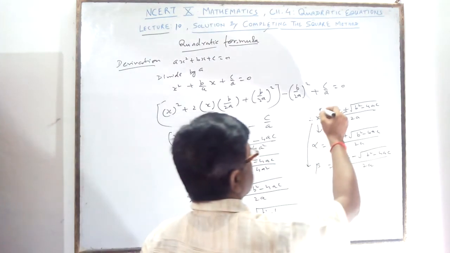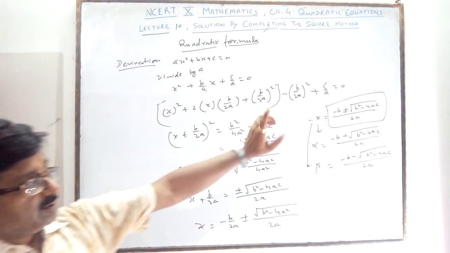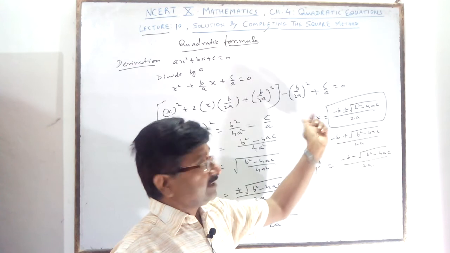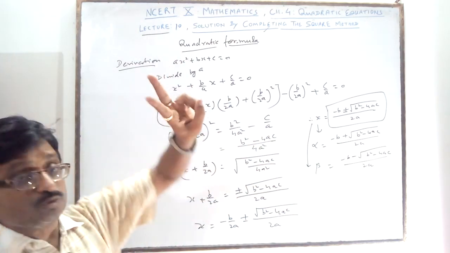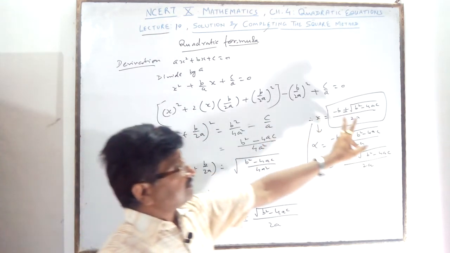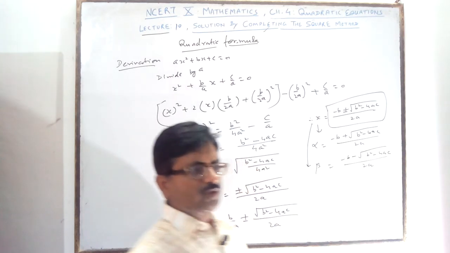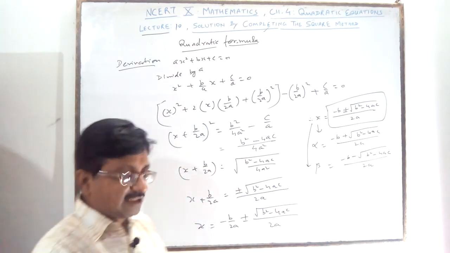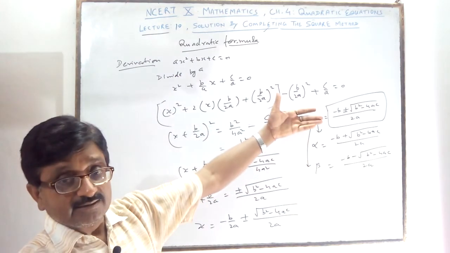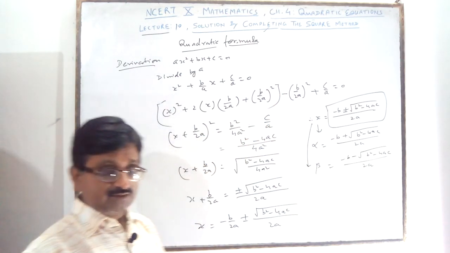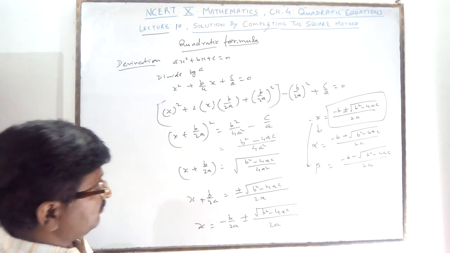So this is called your Sridharacharya formula: minus b plus minus under root b square minus 4ac upon 2a. The values of x are called the zeros or roots. A quadratic always has two zeros, which you will get by this Sridharacharya or quadratic formula. In the quadratic formula, for all questions, you can find whether the roots are real or not real. But you can also check by the discriminant, and by completing the square. It is a very common and very easy formula.